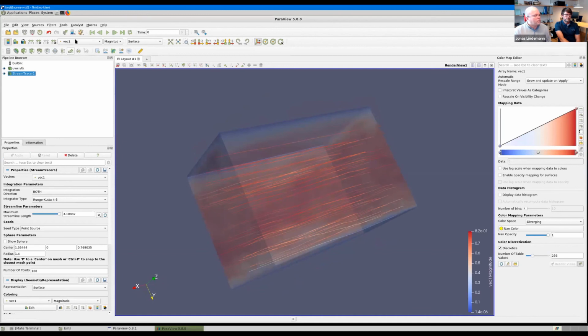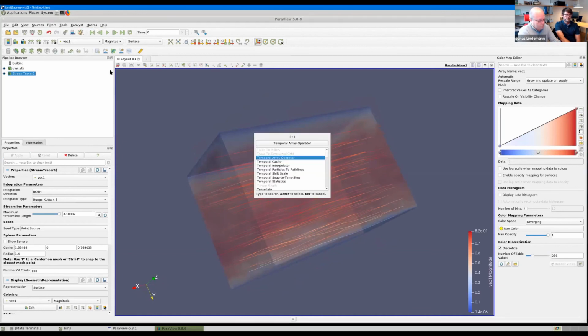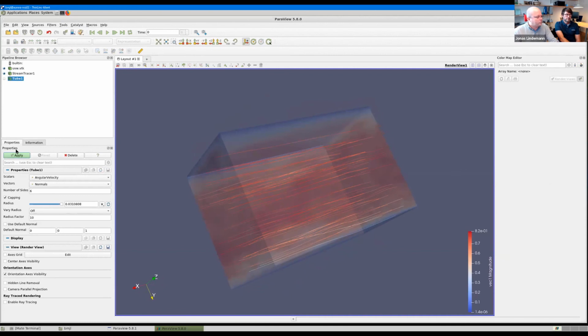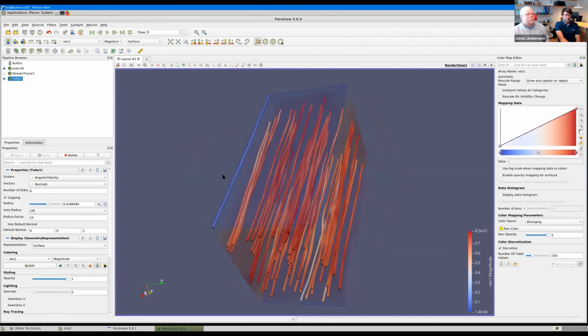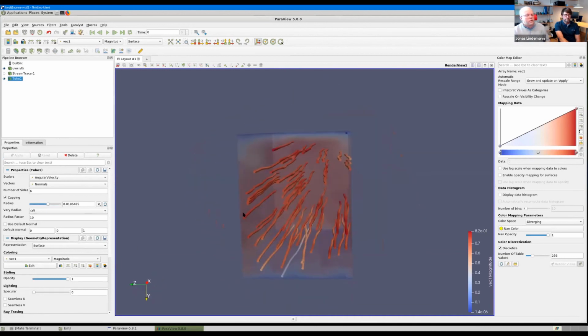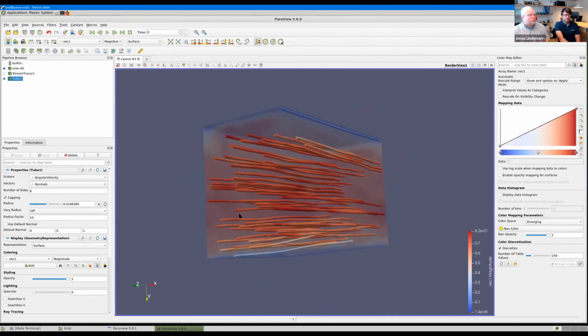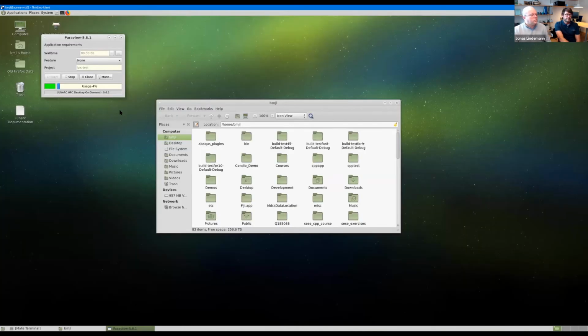I can do some filters on it. So working with ParaView works very easily. You can do interactive work, but now you're running on a hardware accelerated server in the Elvis cluster. And now you also see when I stop the application here, the ParaView interactive will automatically detect that the job has completed, and you can start the application again.